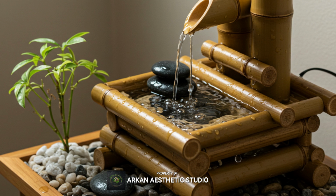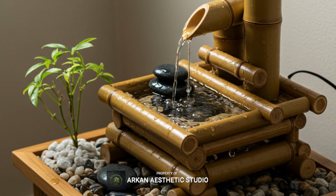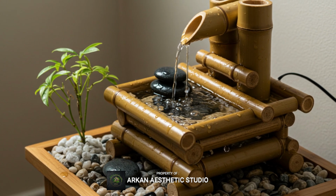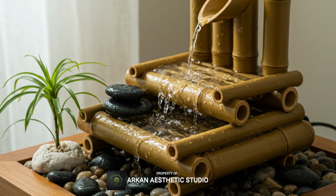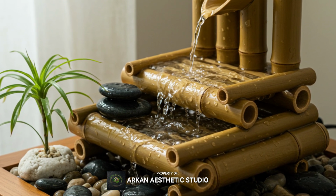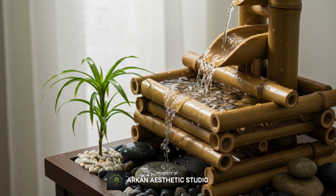Paired with river pebbles, perhaps a bonsai nearby or a steaming cup of tea, the corner becomes a pause button for life. What you see here is not a display of perfection, but rather an invitation, an encouragement to explore calmness through your own hands. I'm simply offering ideas that are thoughtful and feasible, shared with the hope that you'll adapt them to your space